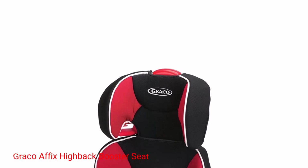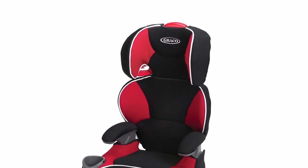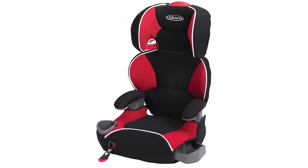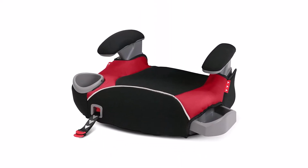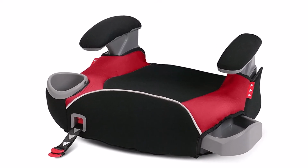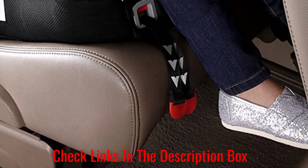Number 5. Graco Affix Highback Booster Seat. This booster seat is recommended for children who are between 40 and 100 pounds and 57 inches tall. The latch system securely attaches it to the seat in the vehicle, and it's designed so your child can lock the buckle herself. The adjustable headrest has several layers of material for